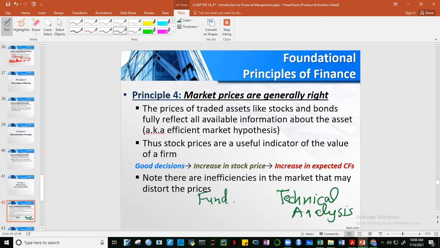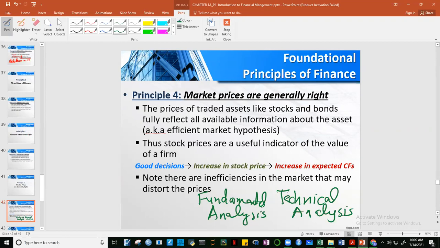So there are two kinds, guys: fundamental analysis and technical analysis. Okay, so how do you project the price of a stock of a company? Fundamental analysis is based on the efficient market hypothesis. So what fundamental analysis uses are the financial statements, the balance sheet, the income statement, etc., the